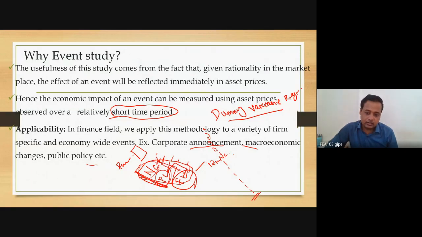Now partly lockdown suppose has happened on 14th March. From 14th March onwards, before you give 0, after you give 1. Then you have full lockdown, which came suppose on 23rd. You give 1 after that, before that you give 0. That means